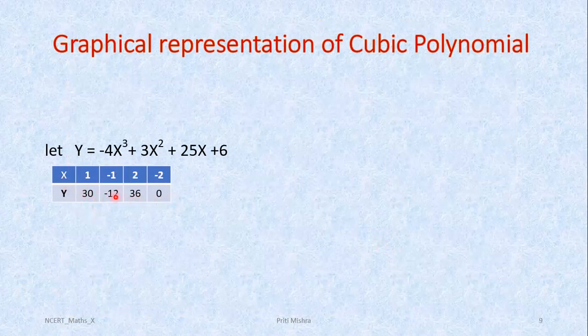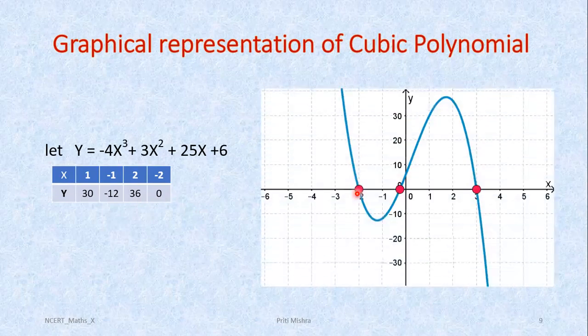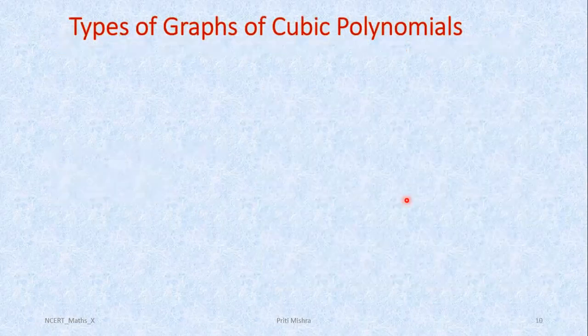These are the four different points which we have to plot on the graph paper, and after joining these four points, just have a look at what kind of pic you get. Now you can see you have this type of graphical representation for a cubic polynomial, right? And I have shown here with the red dotted points that this cubic polynomial is intersecting the x-axis at three distinct points. It means it has three different zeros.